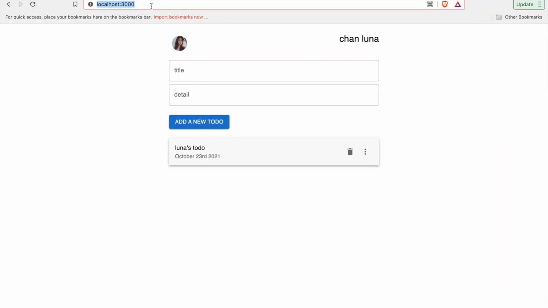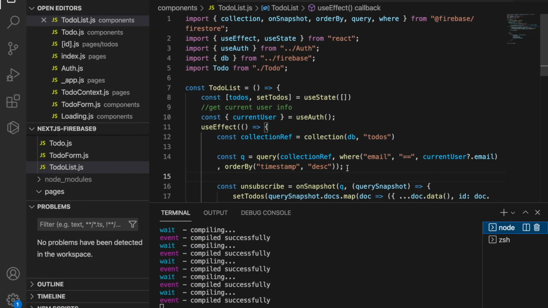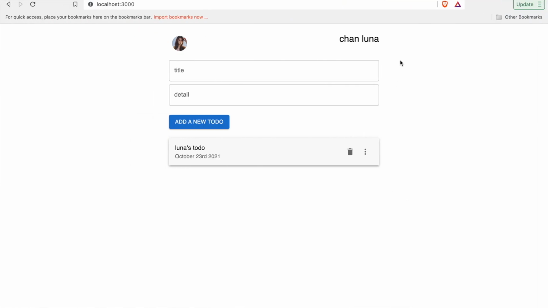At this stage, you can see every time we refresh the page, it takes some time to load the to-dos. So we are going to prepare the server-side rendered to-do list. But before we render the list, we have to get authenticated. This is because if you look at this query, we have to get the current user at build time. So to do this, we have to